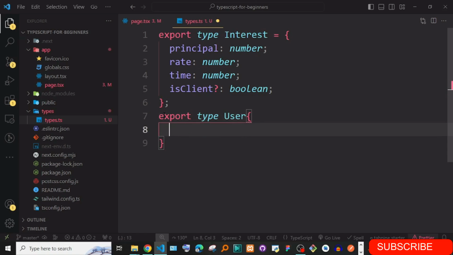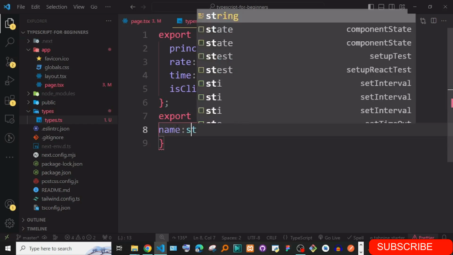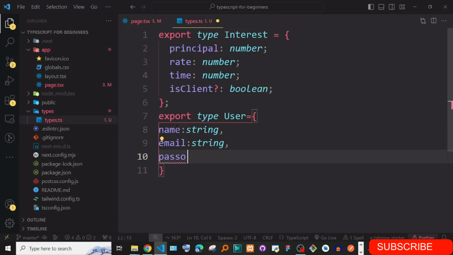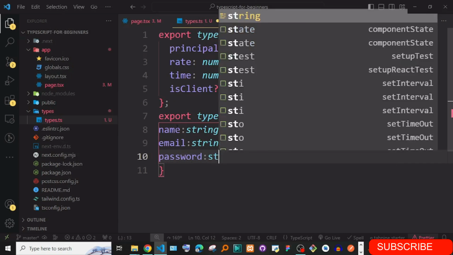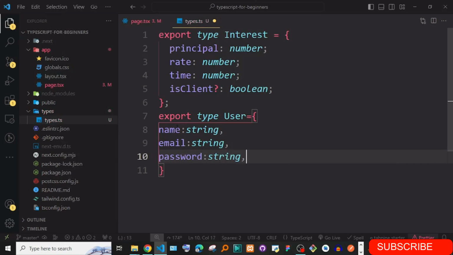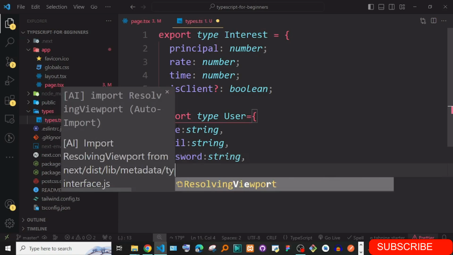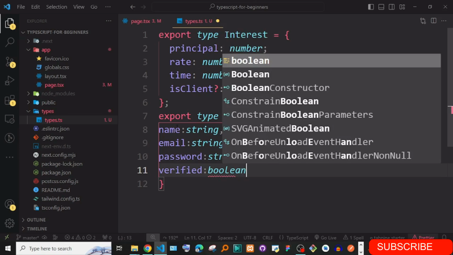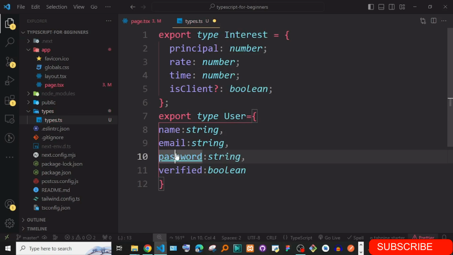First of all, give it equals, and then we say this is going to have name, which is a string, email, which is also a string, and maybe password, which is also a string. Of course we can also have, for instance, verified, which is maybe a boolean. So I've created this and exported it.